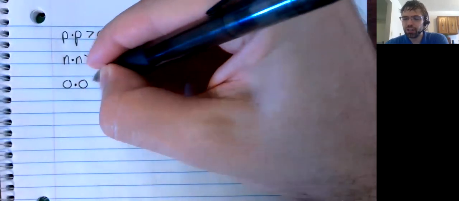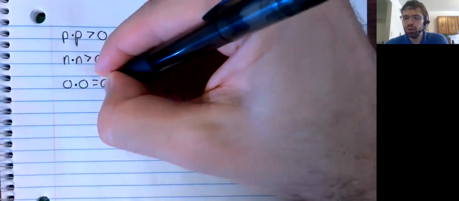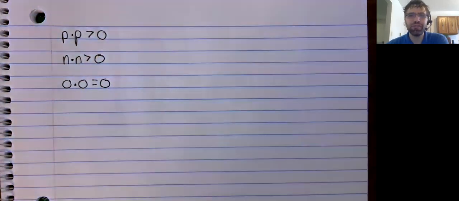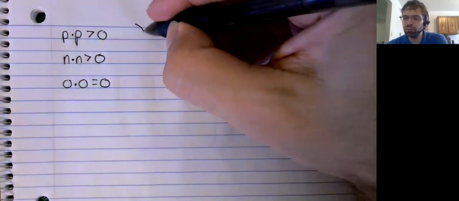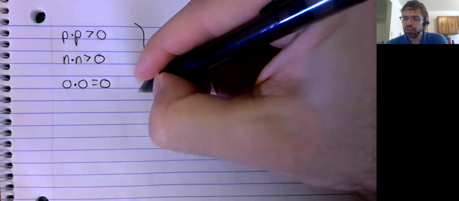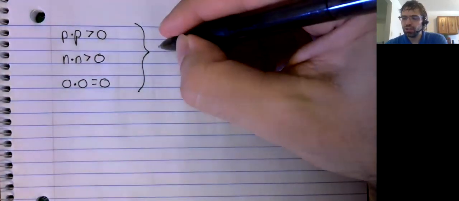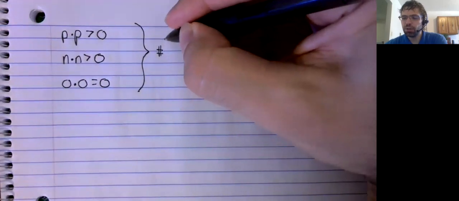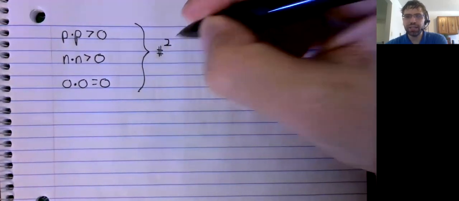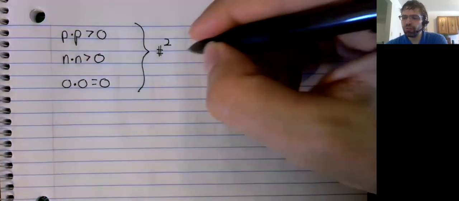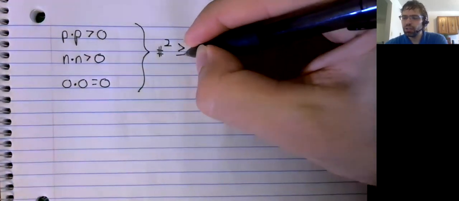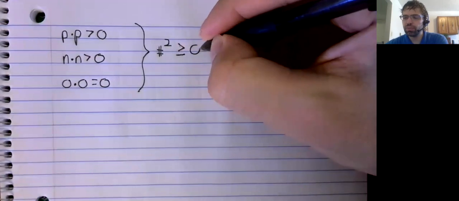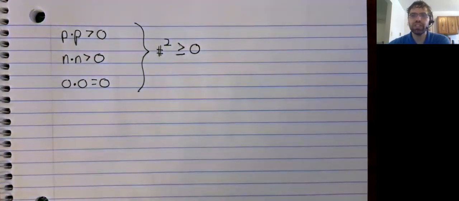And the product of 0 with itself is 0. So if you take any number and multiply it by itself, the result is greater than or equal to 0. But